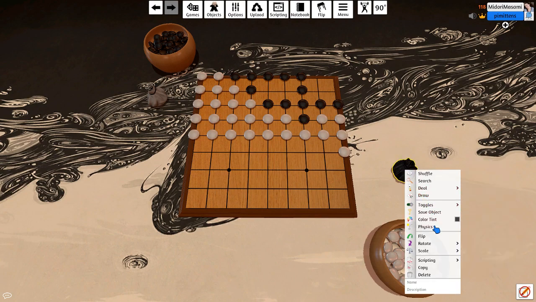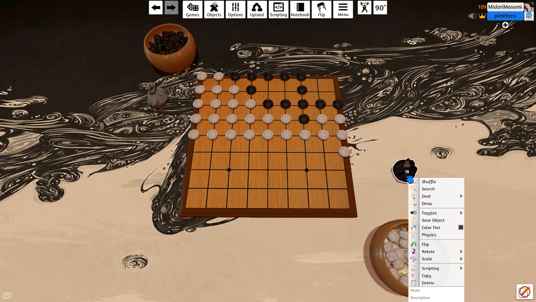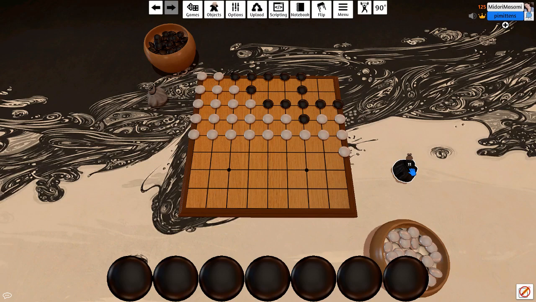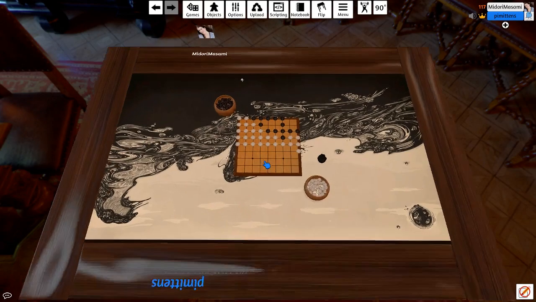How do I empty this? Let's see if I can... Maybe I think this is the easiest way. I just draw them all and then delete them. Okay,